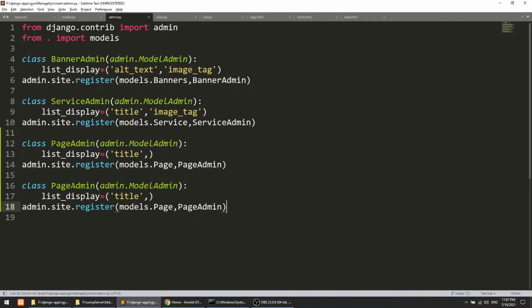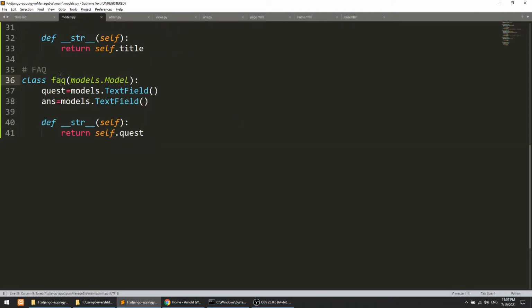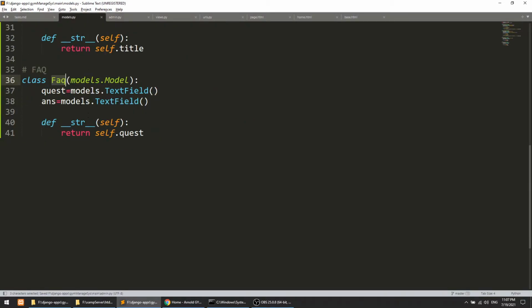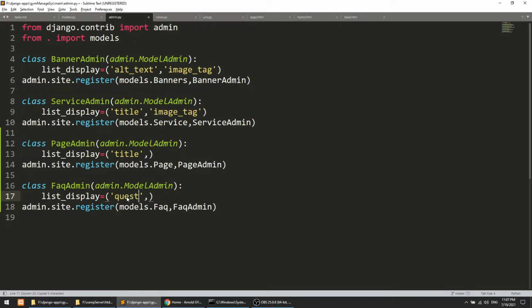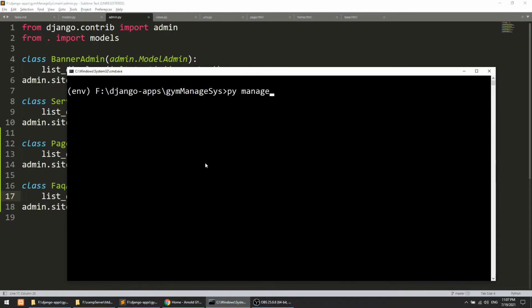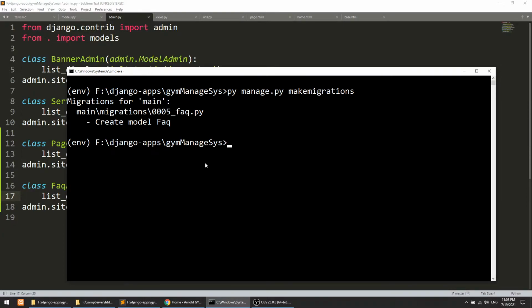Similarly, we will add this in our admin. So this will be FAQ admin, and this will be FAQ. I will make this large. We need a quest, just simply one field. Okay, fine. Let's go to py manage.py makemigrations and migrate